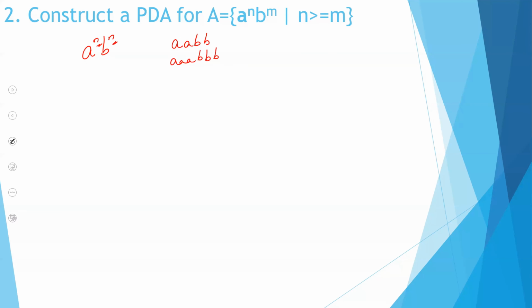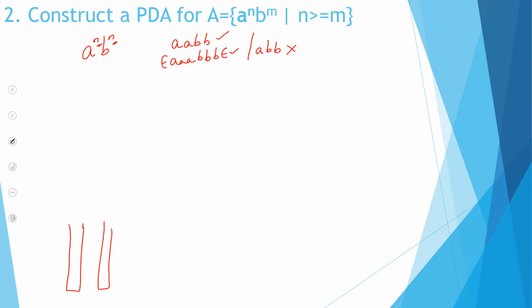Okay. Now let's quickly go through the stack operations. Initially you will have a stack which is empty. So we'll assume like this. In the beginning you have a null, and at the end also you will be having a null. So this is an accepted string. Imagine you have something like this. This should be rejected. So you should construct a PDA so that the first two are accepted and the third is rejected. Now this is the initial condition of your string.